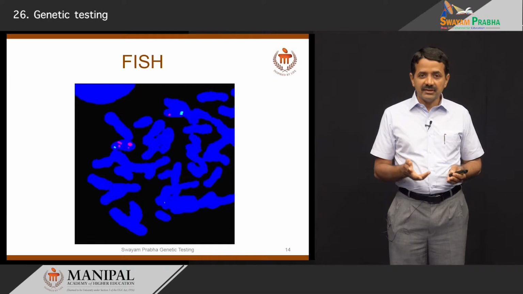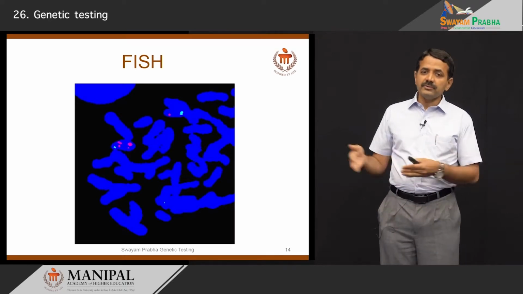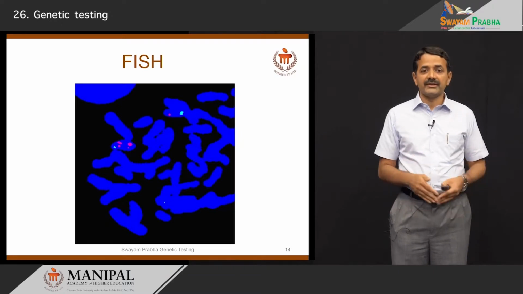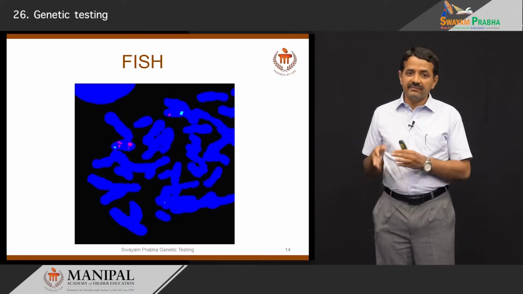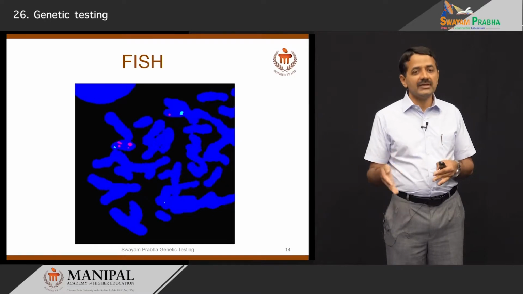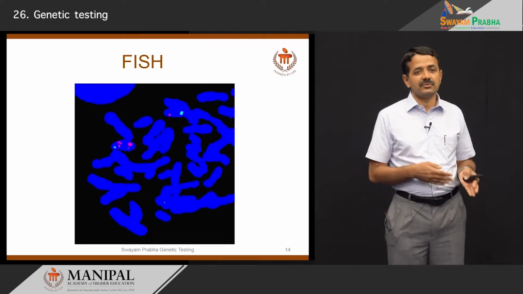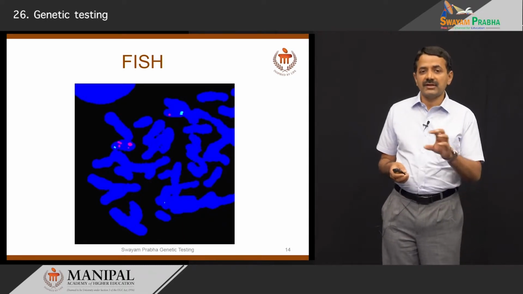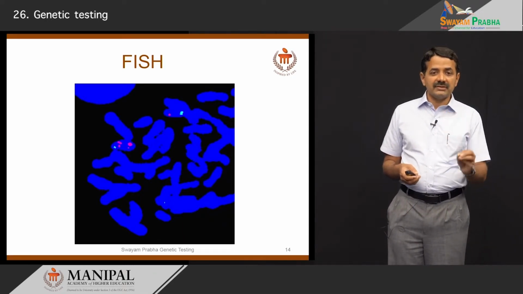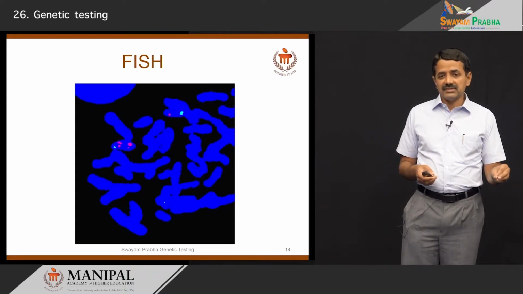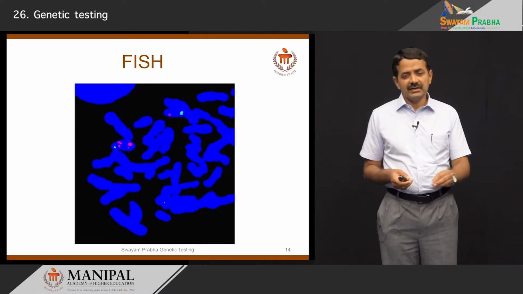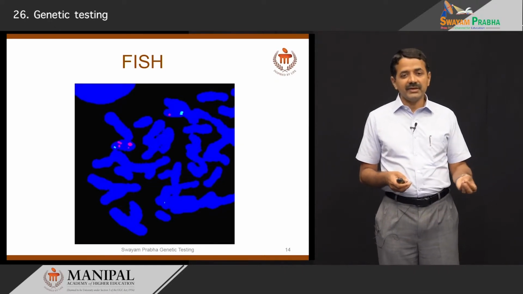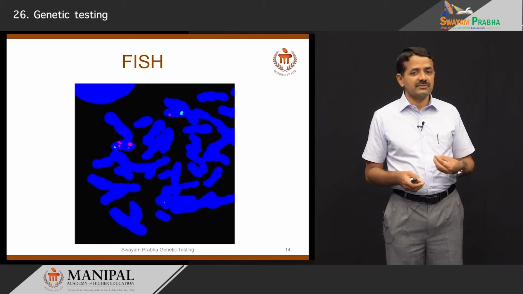which suggests deletion. This can be done for all the chromosomes, or for selected chromosomes like trisomy 21, or for selected defects like 15q deletion, where we suspect Prader-Willi syndrome or Angelman syndrome. This is how a targeted segment of the chromosome can be analyzed using FISH. FISH is a little labor intensive. So, we now have better techniques, equally rapid, but FISH was one of the tests which was used widely,